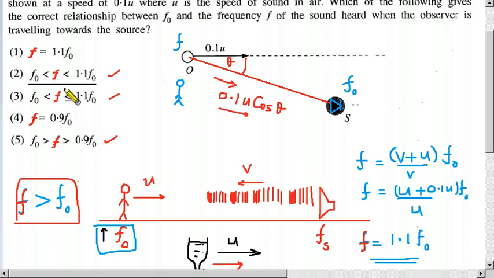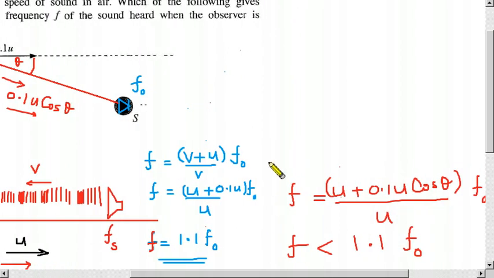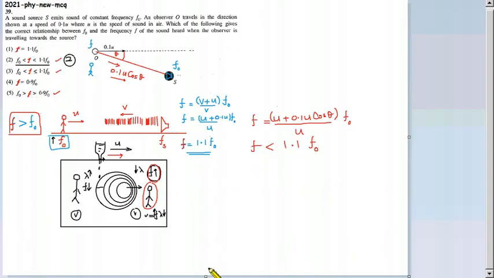So this one has equal or smaller. Therefore the equal part we can't say is correct, because theta is always there. If there is no theta, then you can say like this, but as long as the theta is there, you have to choose this one: always smaller than 1.1 f naught. So the answer is the second one. So I think you can understand this. It is a little bit